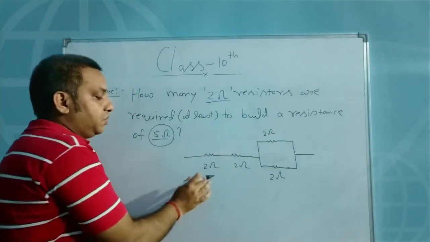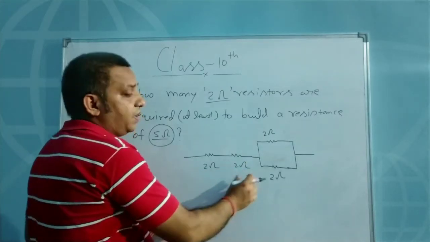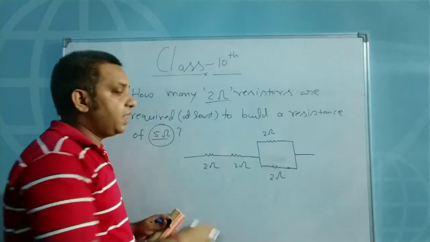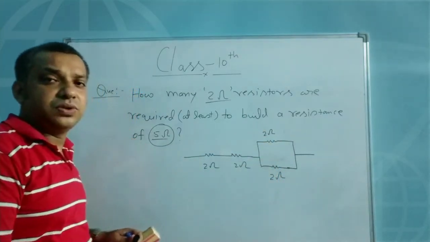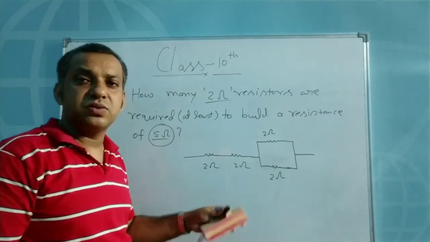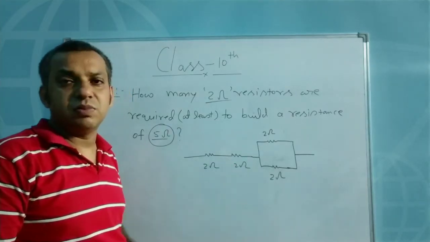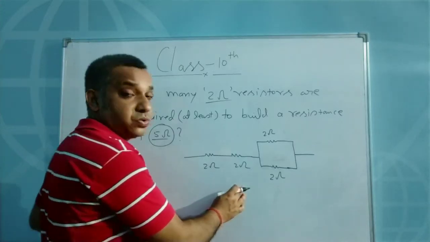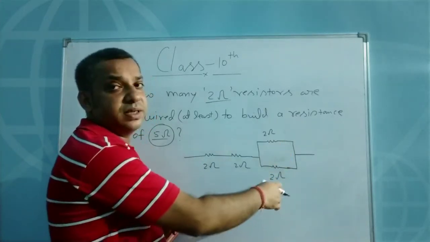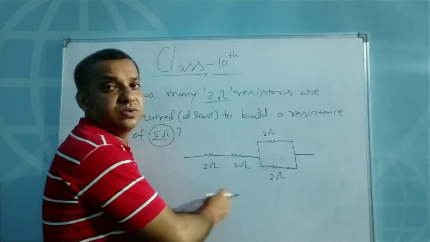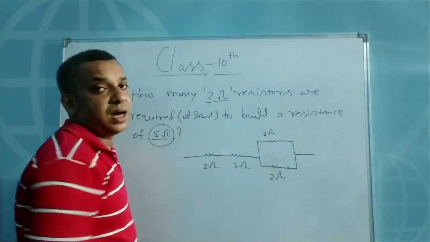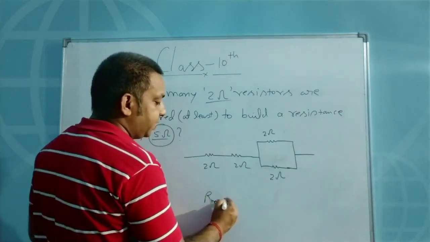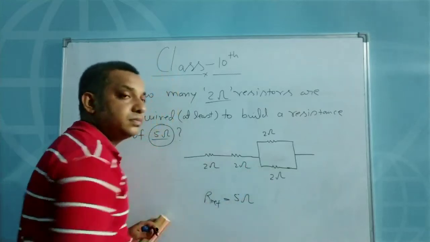Right? So here 2 ohm, this one is 2 ohm. And these two are in the parallel combination, and in the parallel combination the value decreases, and because both are identical, you know that R by N, so here 2 resistors, so R by 2, 2 by 2, you will get a 1 ohm resistor. Right? This one is 2 ohm, this one is 2 ohm, and this combination has a resistance of 1 ohm, and all three are connected in the series combination. That is why you will get R net equal to how much? 5 ohm. So here you are getting R net equal to 5 ohm.